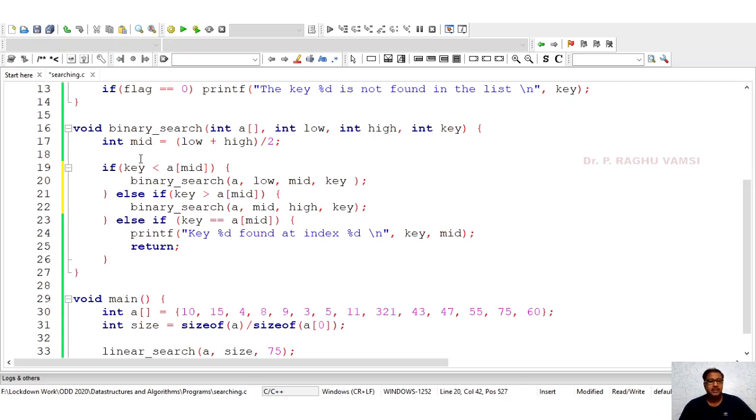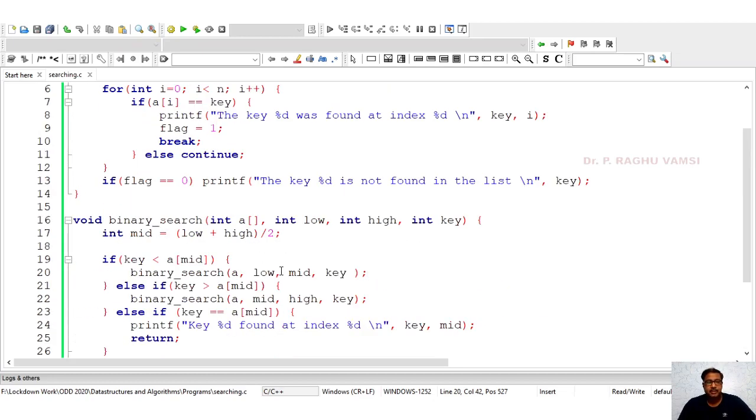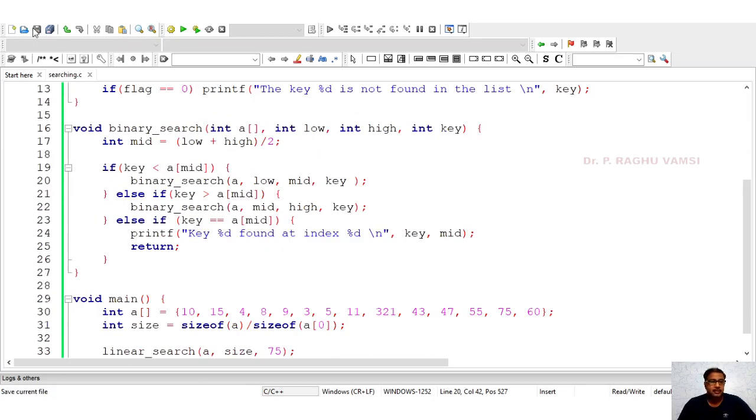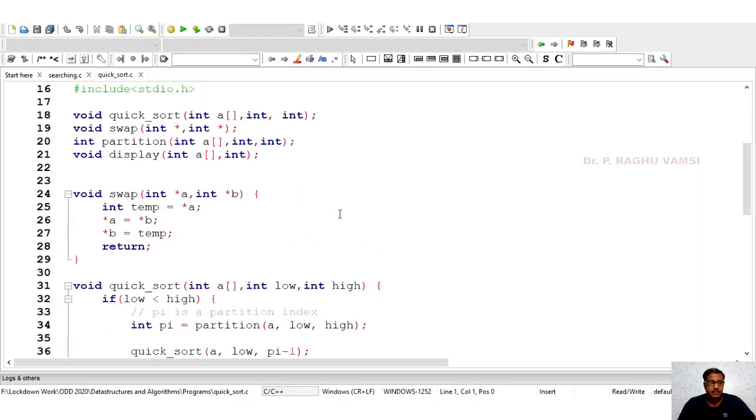But the condition for the binary search is the array must be in sorted order. So for this we may take the help of any previous sorting techniques. Let us take the help of quick sort and perform the sorting.